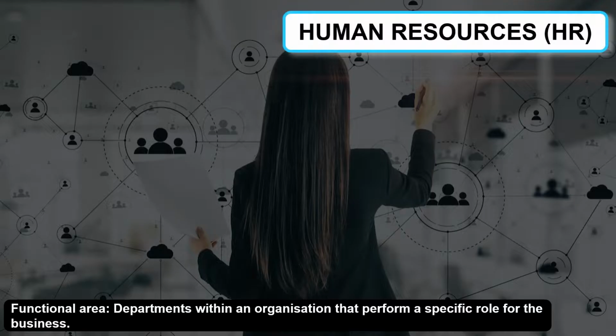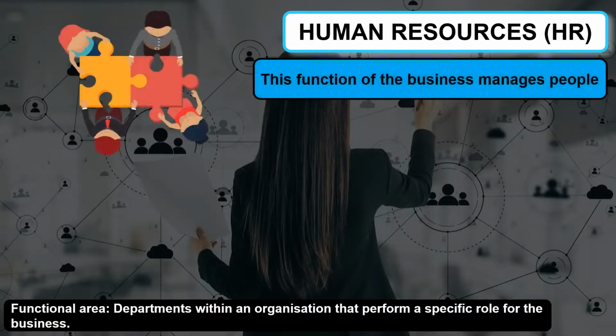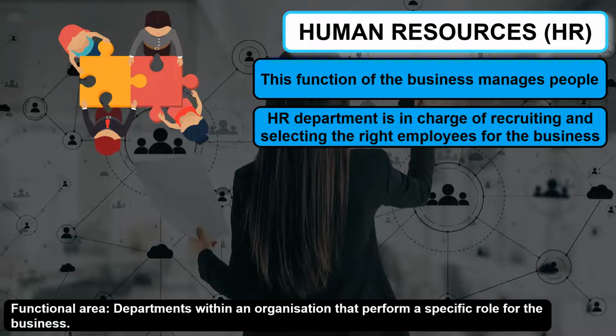The first of the functional areas to be discussed is human resources. Human resources is exactly as the name suggests, as it is the function of the business that manages the people in the business's human resources. One role this function performs is the recruitment and selection of new employees into the business. HR are in charge of this process from posting a job right through to the initial training of the new employee. A second area the HR department is involved in is